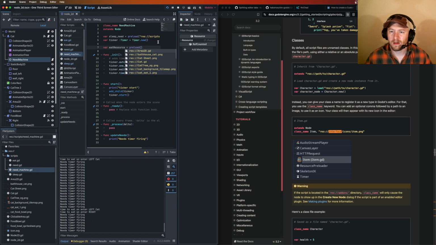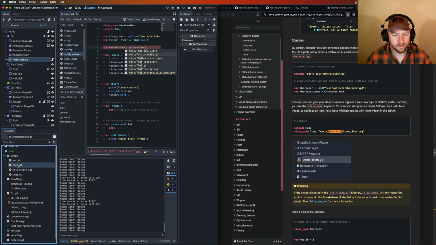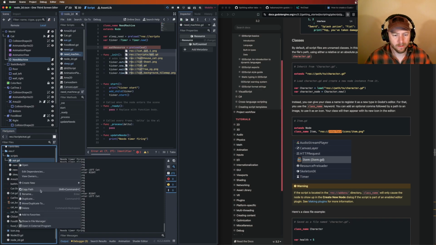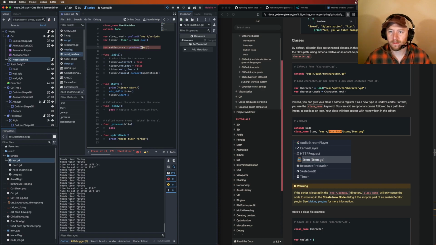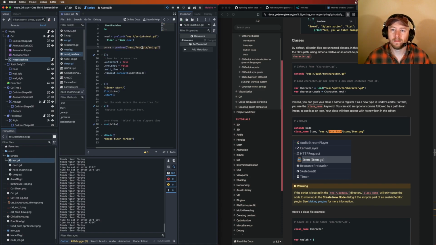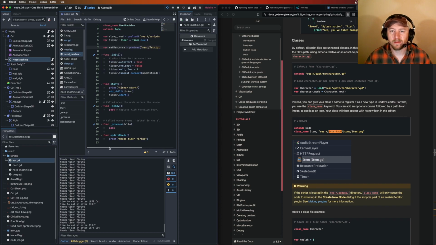Preload eat. Yeah, I'm not loving this because for every need, there's going to have to be this sort of sleep resource and then